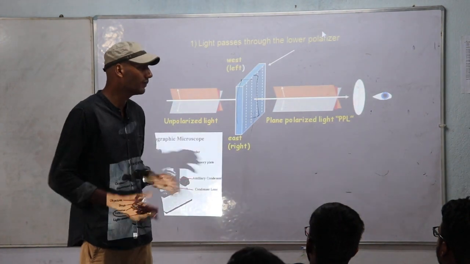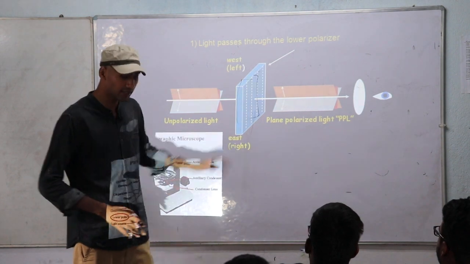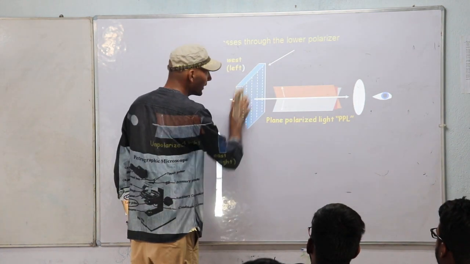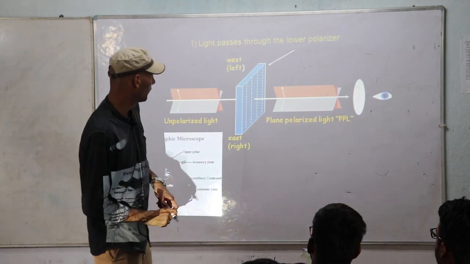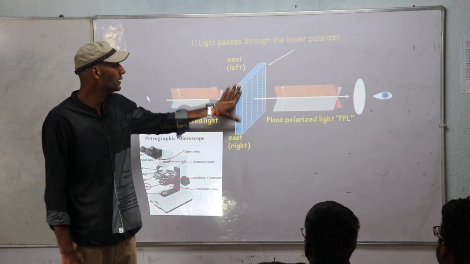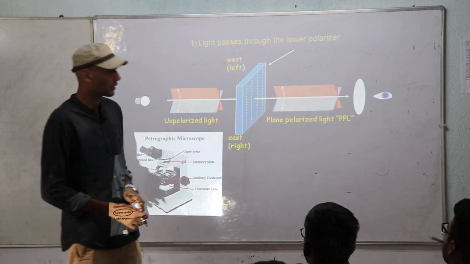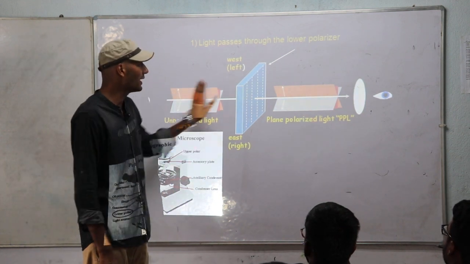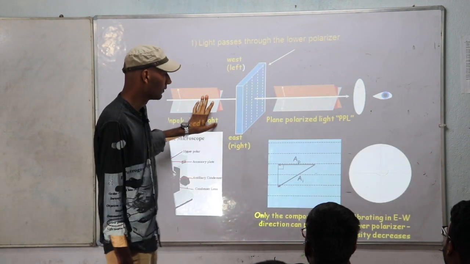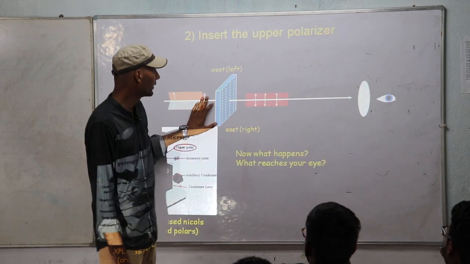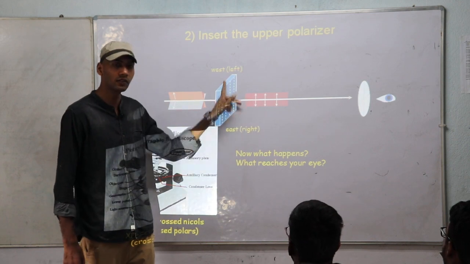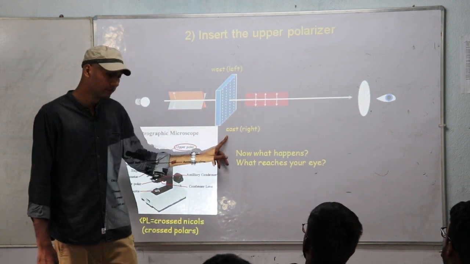If there is a polarizer, you can see this is a polarizer. You can see the fixed vibration direction or fixed orientation of vibration of the polarizer, that is from west to east. Okay, the polarizer has its fixed orientation of vibration, that is from left to right or west to east. When the unpolarized light ray enters the polarizer, what happens? You can see it is vibrating in only that direction which is parallel to the direction of vibration of the polarizer. Then what happens?